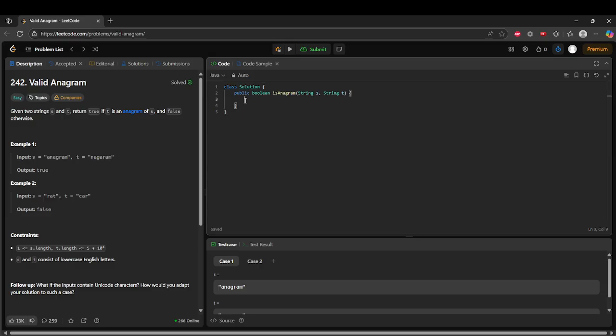So what we'll do, we'll have a hash map of characters and an integer. Dictionary is new. And now for every character C in S dot